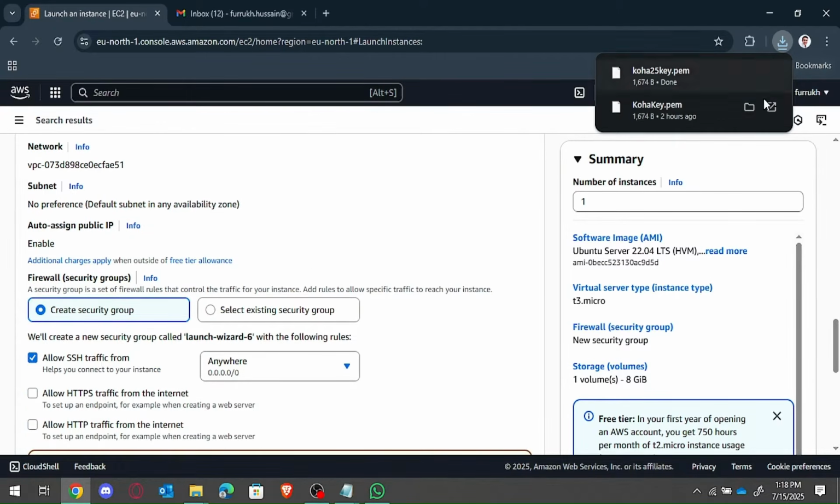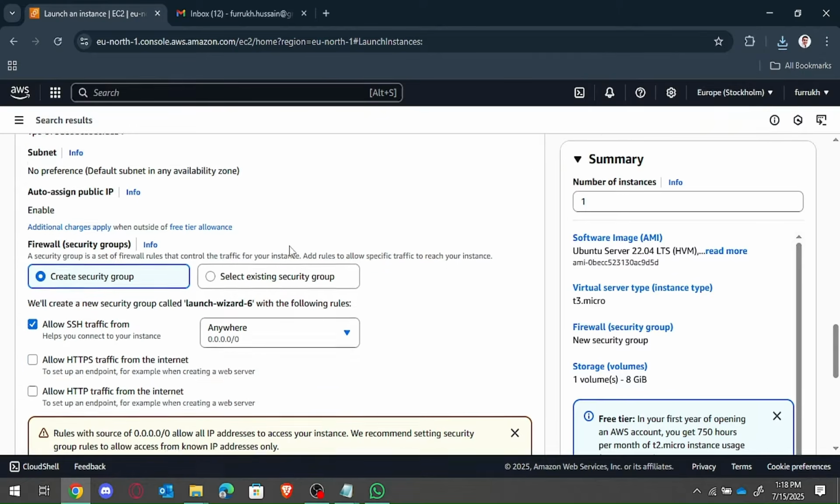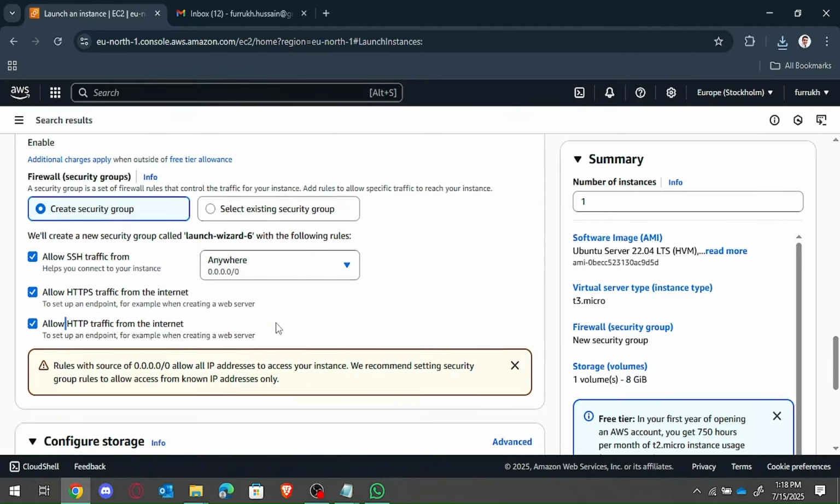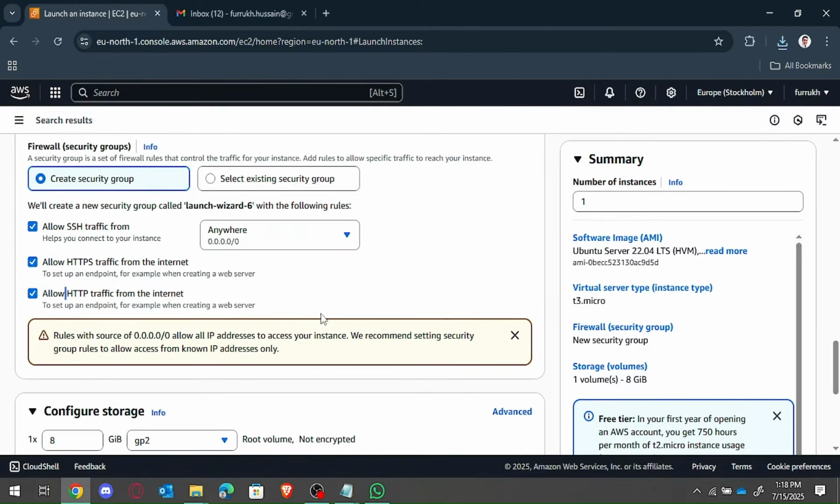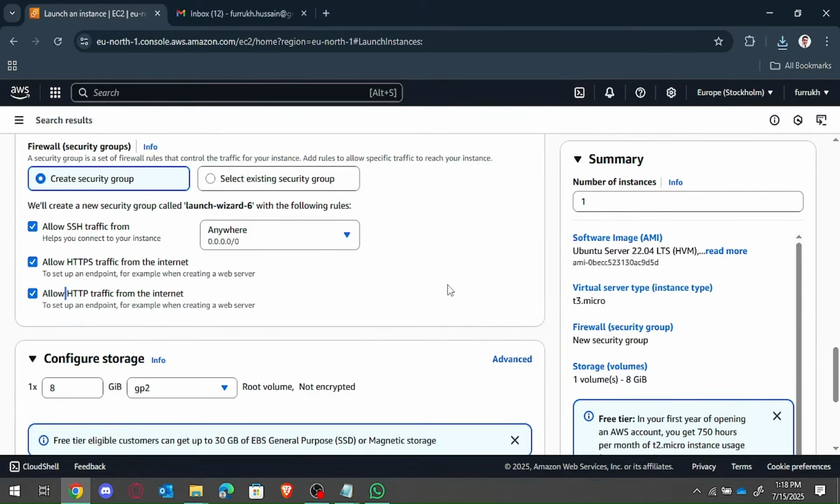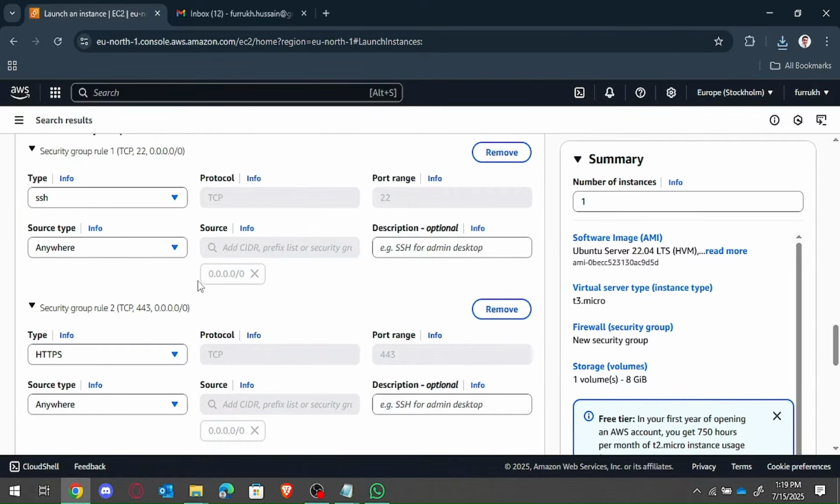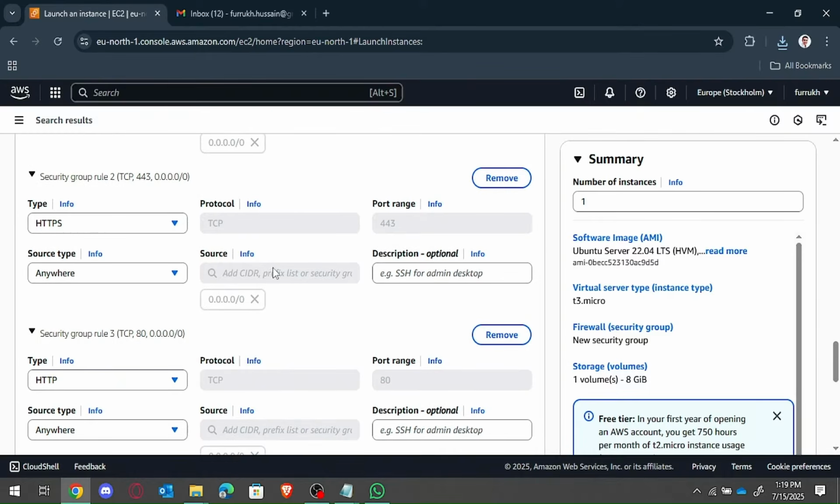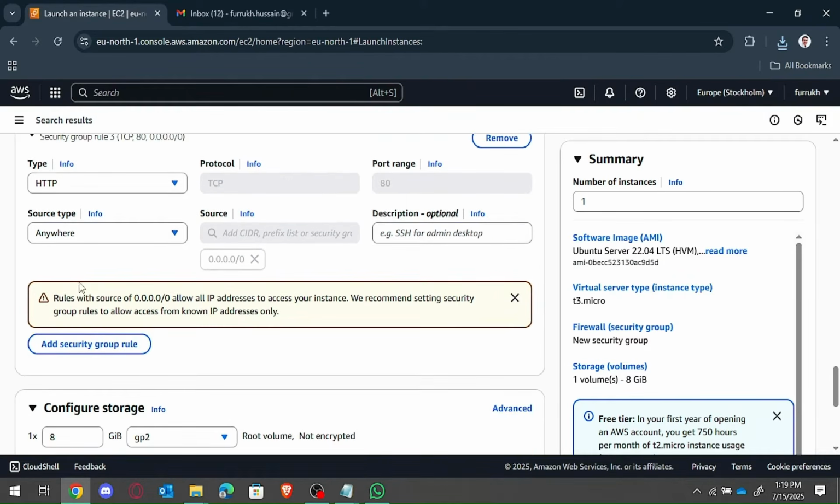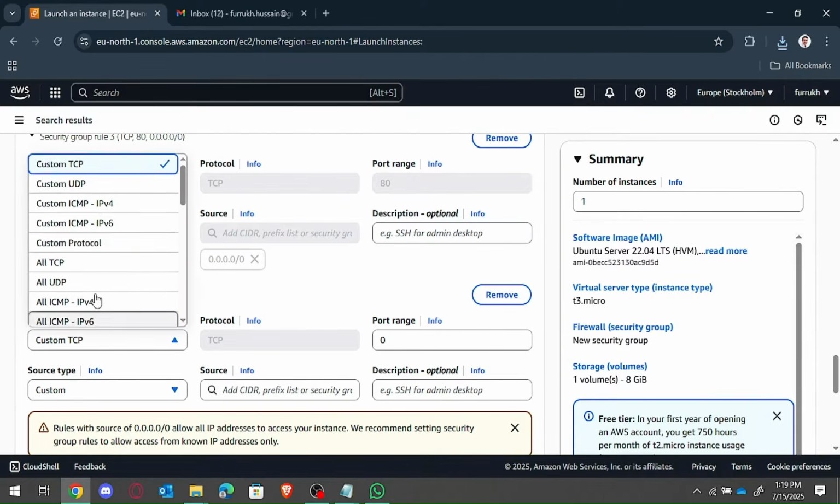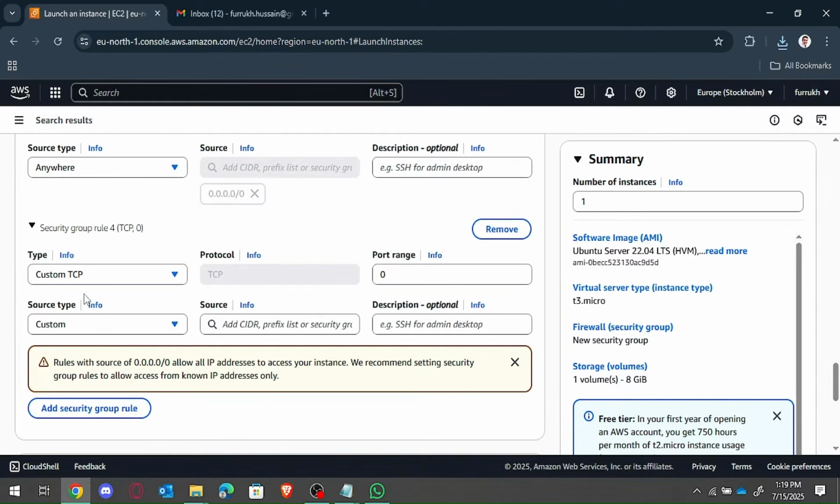Okay, so at the next step, we need to work with the firewall setting, and we need to work with the security group. So here I allow SSH, HTTPS, HTTP, and don't worry about this warning. So now let me add it for this group. For one more port I need for the intranet, I mean Koha staff interface. So I just go, you can see it's 80 available. So I just go to custom TCP,